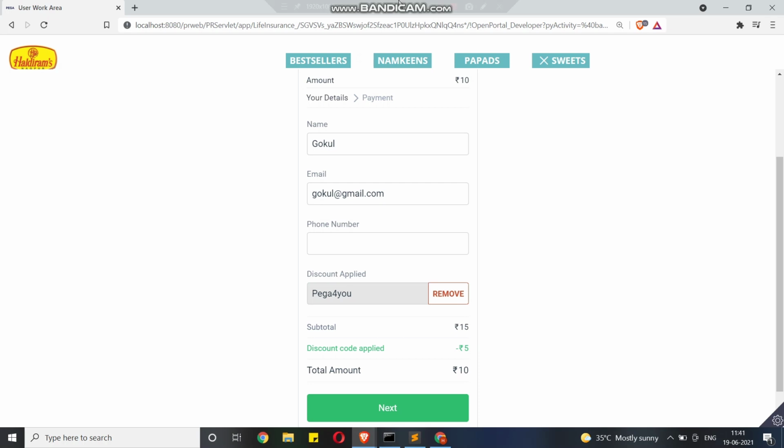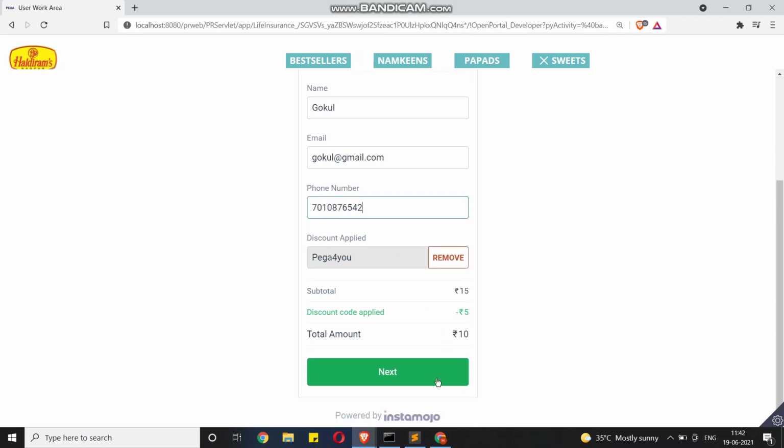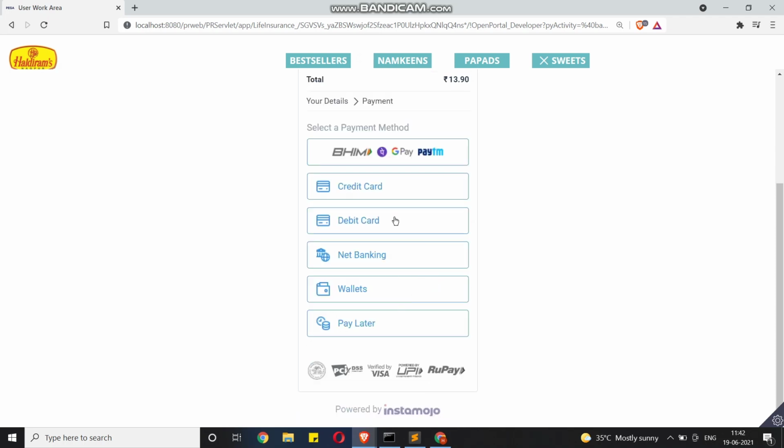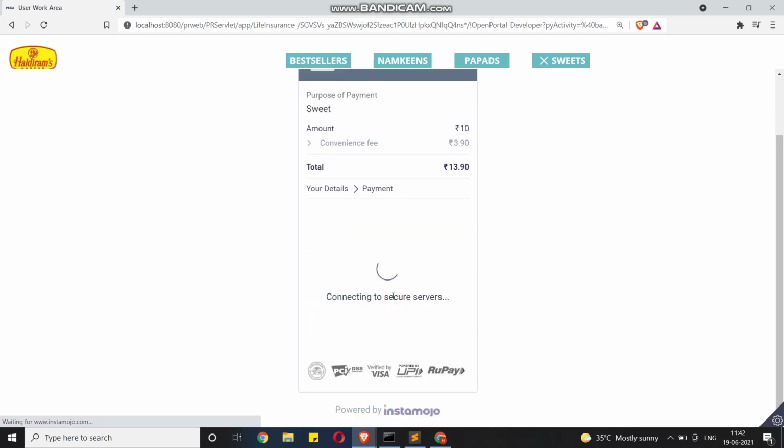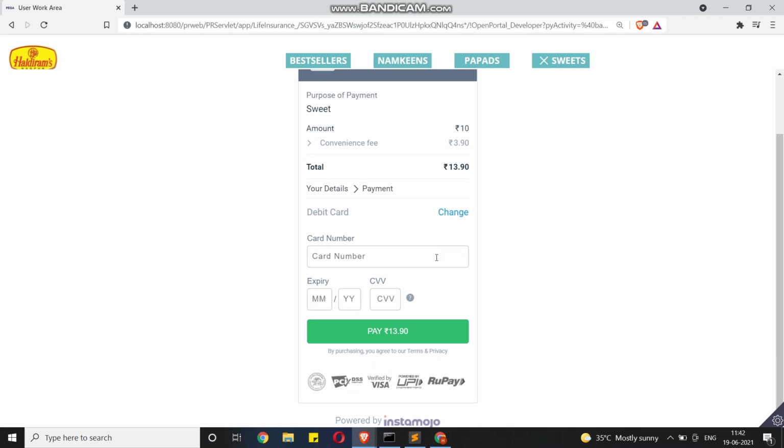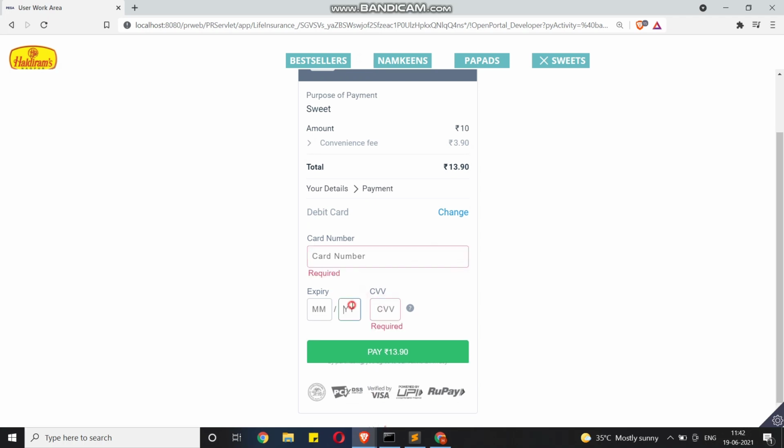After that, the user can use many features here, like credit cards and debit cards. According to that, the payment process will take place and be completed successfully, and at the end the user will receive an SMS message about their order number and order ID, and when the order will be delivered.